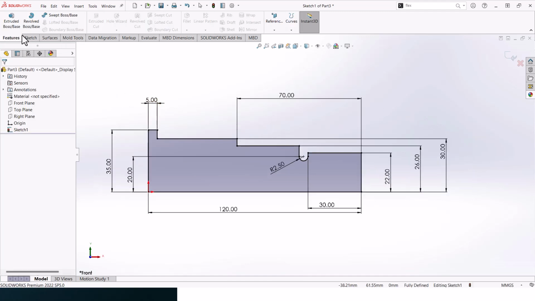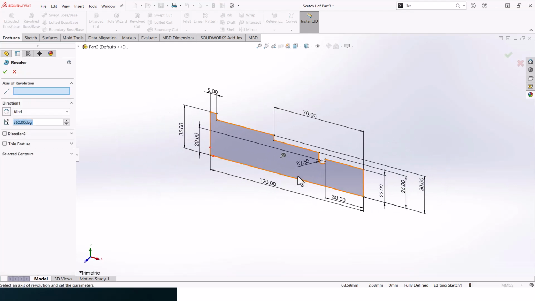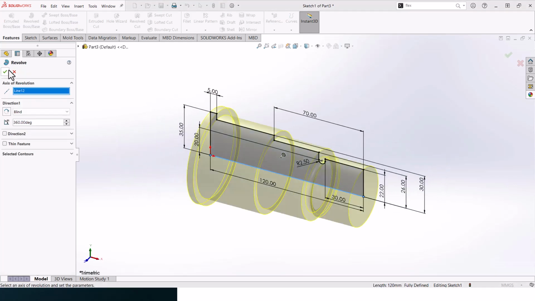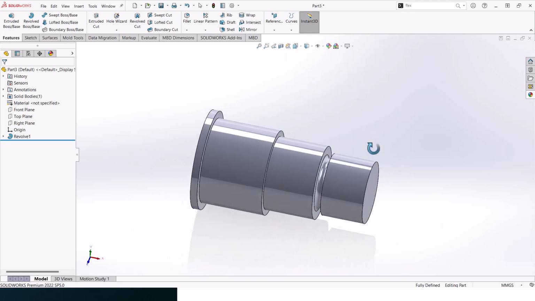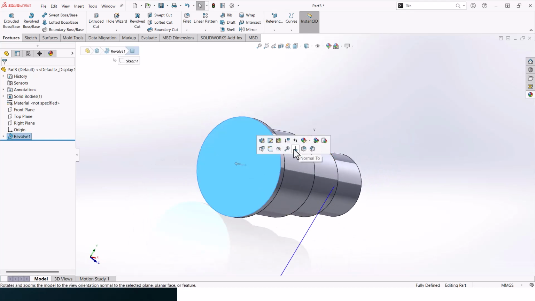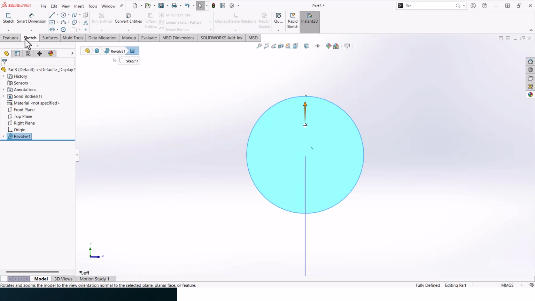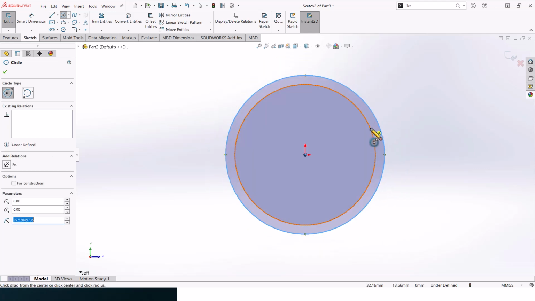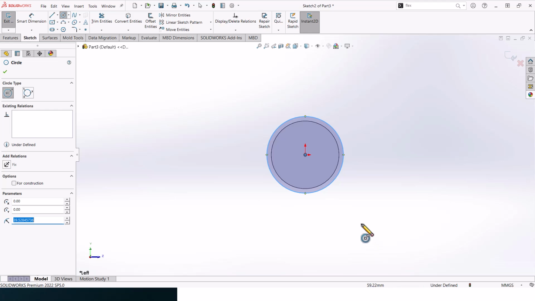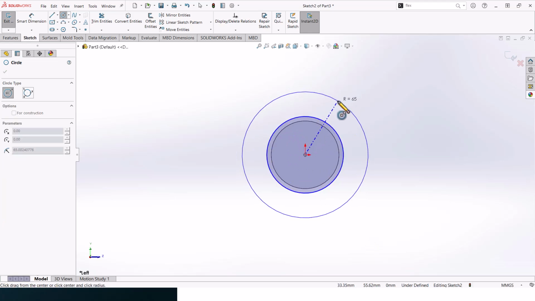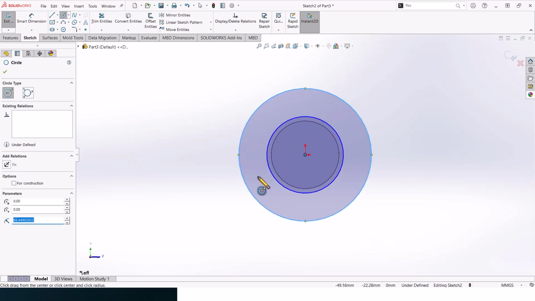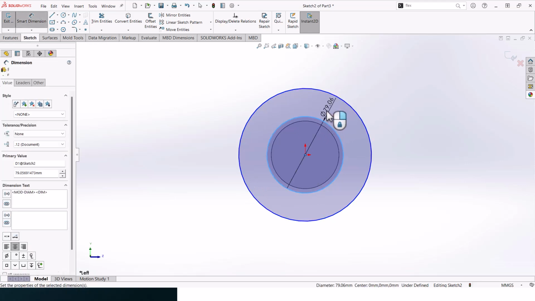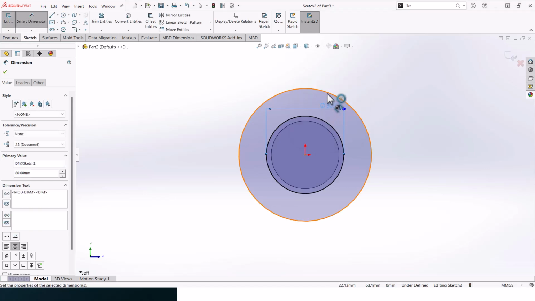now let's go to Feature and go to Revolved Boss. Click on this line and you should be good to go. Now select this face and click sketch. Create the first cylinder and then create the second cylinder. So the first cylinder should be 80 and the second one should be